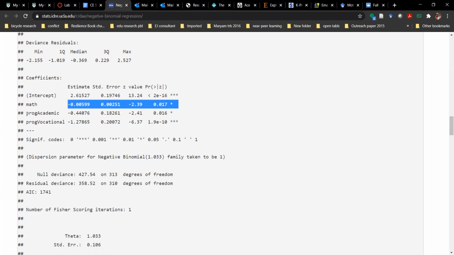Basically, because what happens is that R decides that one of those categories would be the base case. So in this case, the category general is the base case, and the two categories, vocational and academic, are compared to that base case. So what this tells you is that if you're in the vocational category,